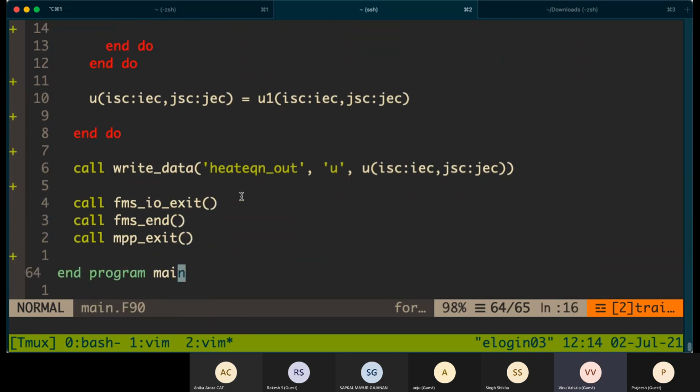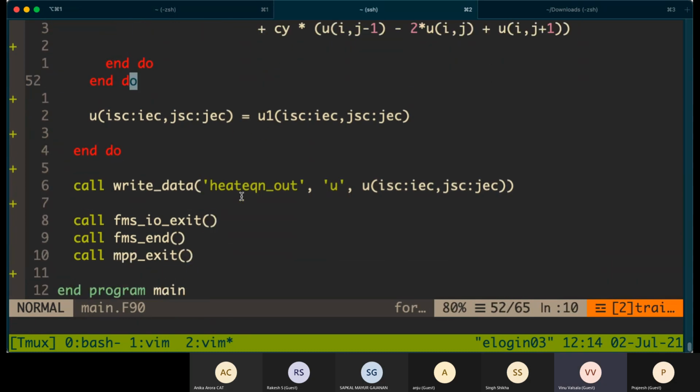So we basically parallelize the model here.